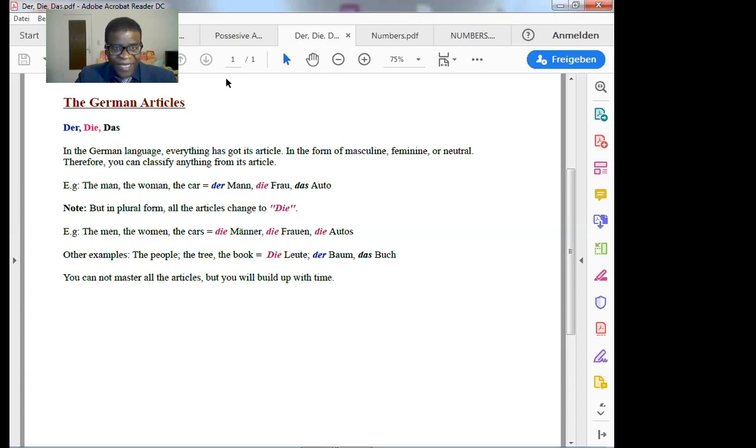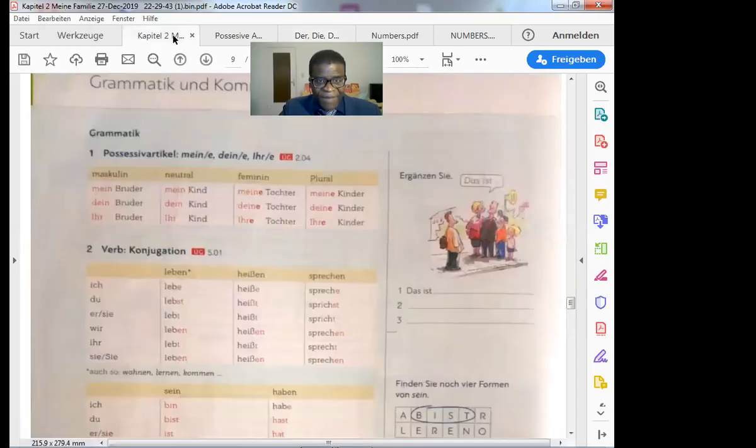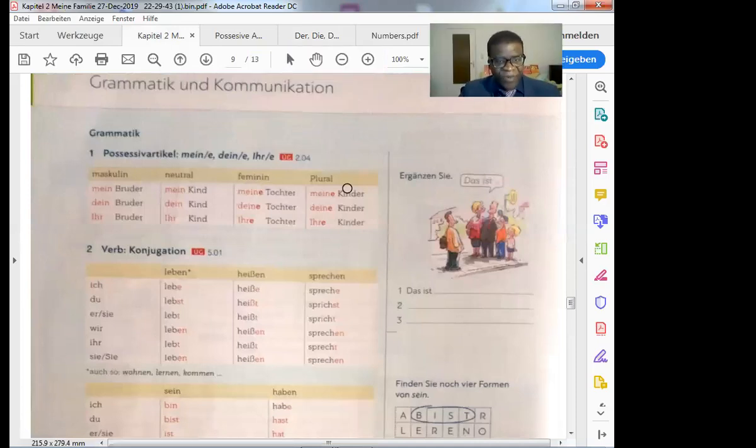Getting back to our page. Here we go. So this is the example. Dein means your. Informal, no respect here, your. So, your car, we say dein Auto.